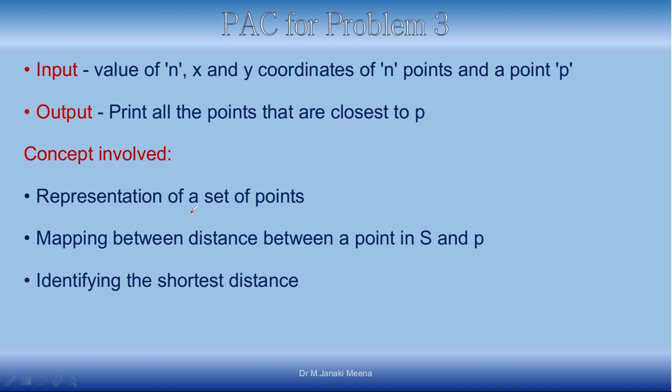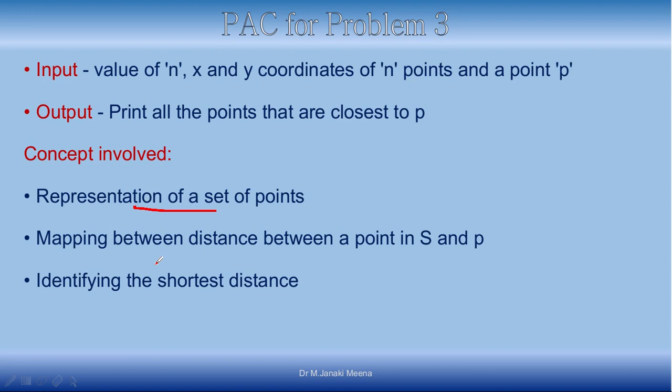And when we look at the representation, what are the concepts involved? You need to find a representation for a set of points, right? First of all, how to represent one point, because it has got more than one value, more than one coordinate. We will use a list. Up to now we know list. So we are going to use a list of size 2 for representing the points. The 0th index will represent the x coordinate of the point, and index at 1 will represent the y coordinate of the point. So we are going to see how to do the representation for the set of points, and